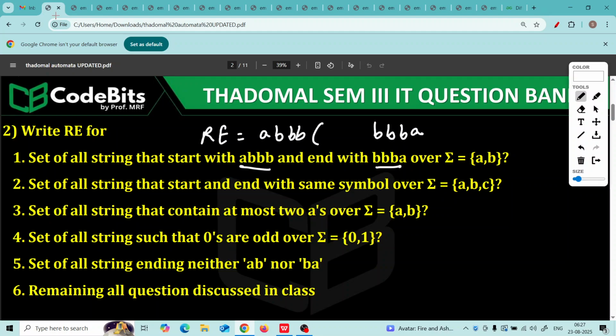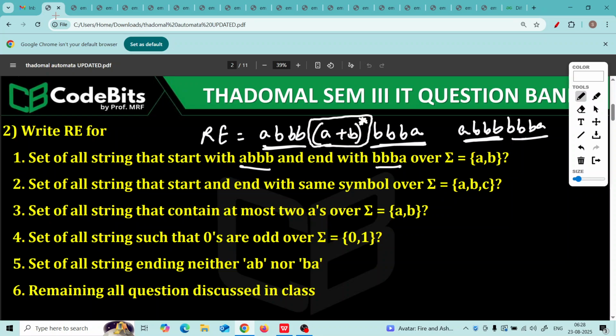There can be any combination of (A plus B) star. This is the answer. So tell me which is the smallest string. Obviously the smallest string given by this regular expression is A B B B followed by B B B A. Note, A B B B matches this, B B B A matches this last part, and in between there is nothing. Nothing matches with this